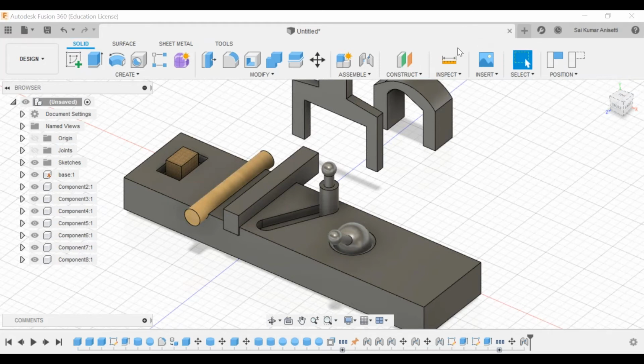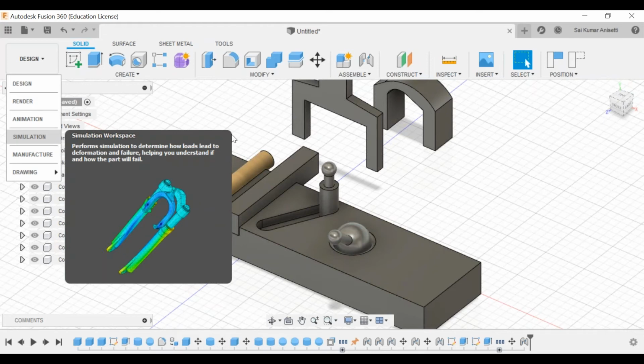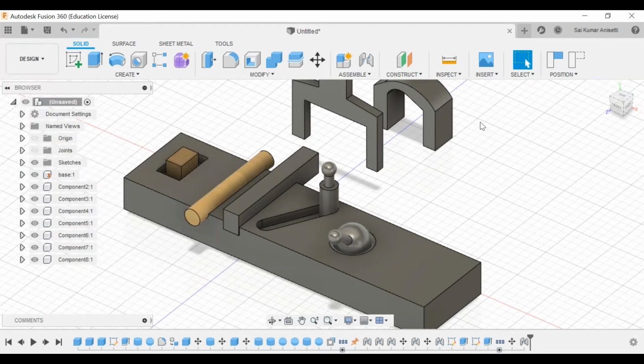So I've completed your assembly, and tomorrow we'll see what simulation does. I cannot explain complicated simulations. I can only do simple components, because I have to record your session and make your session online, and also I have to make sure my Fusion 360 is running in the background. Everything needs my internet connection, so I cannot do all the things in one go.